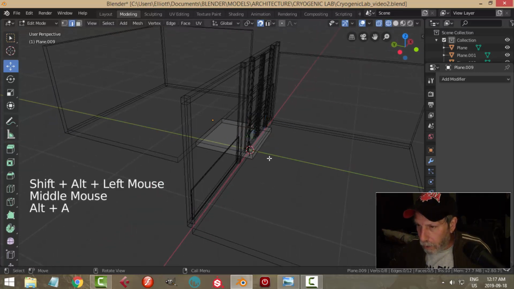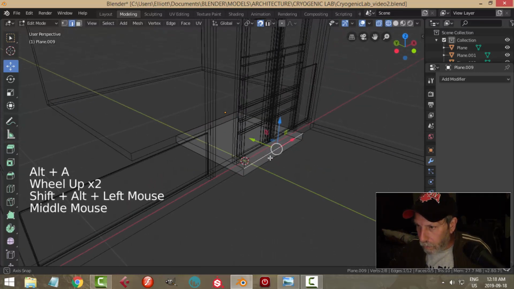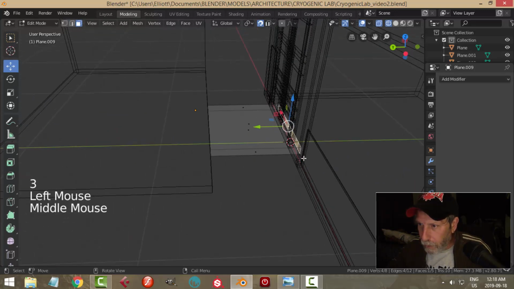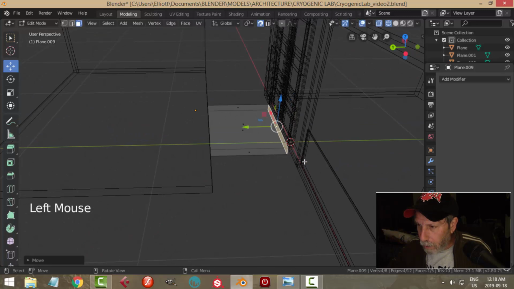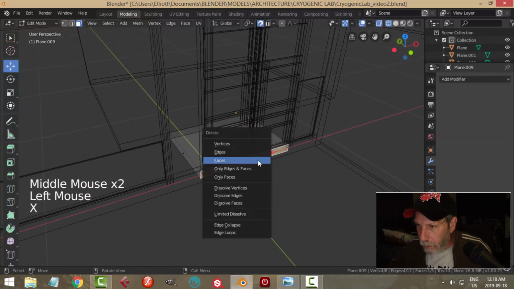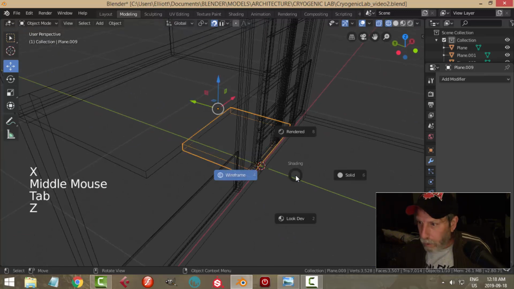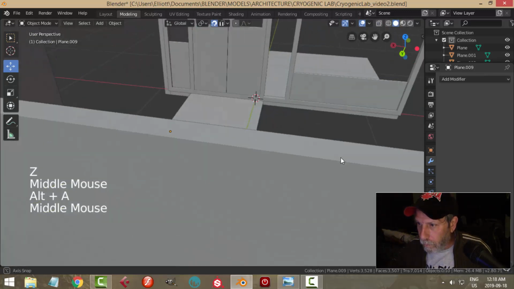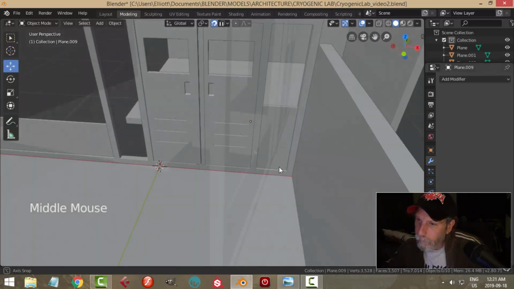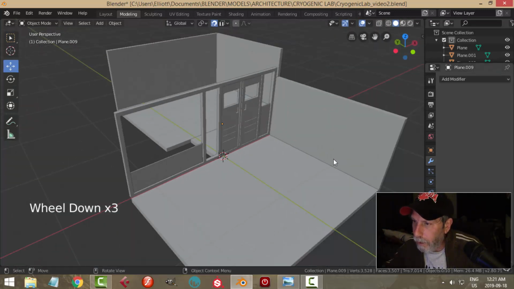This edge. That face, actually. Let's get rid of this face. Okay, so now